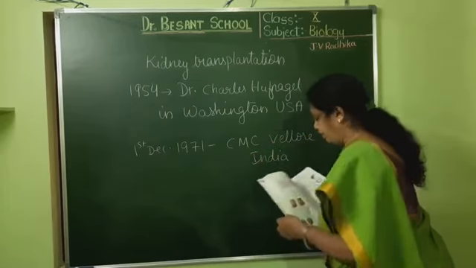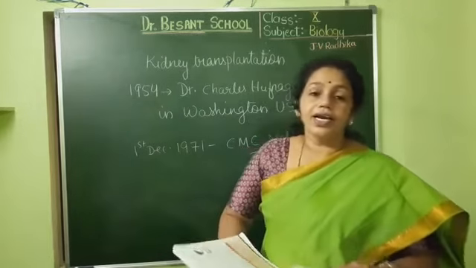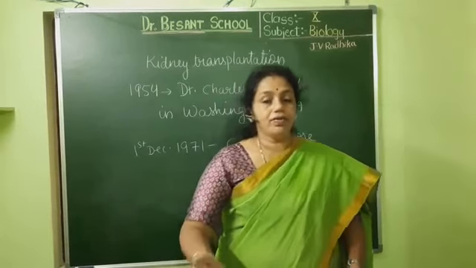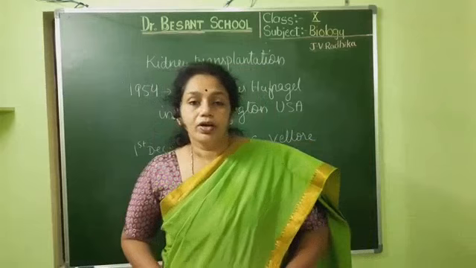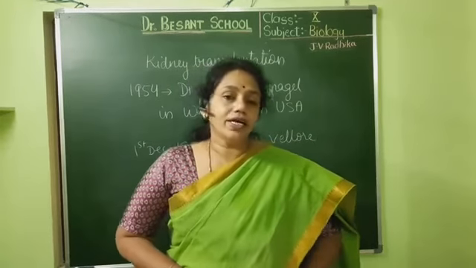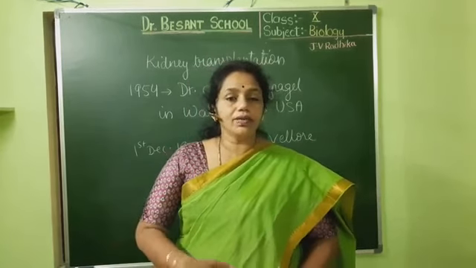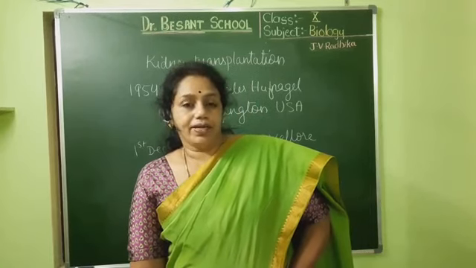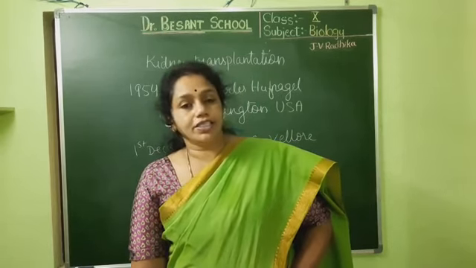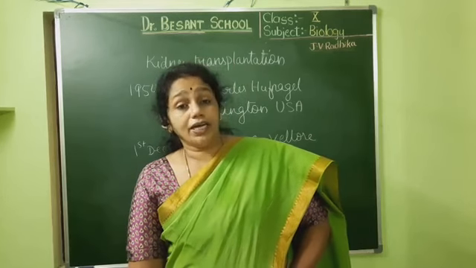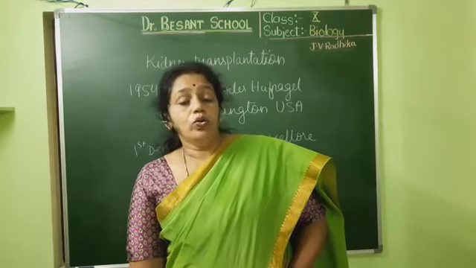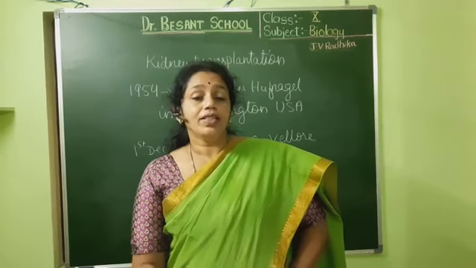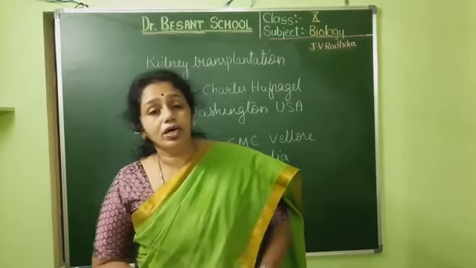Okay, so from then the kidneys are transplanted between, either it could be a close relative preferably, or else it could be any other donor. Okay, normally the person would not donate. If it is a close relative, it can be a mother, father, brother, sister, wife, husband, son, daughter, anyone who can donate, who is healthy enough, both the kidneys are healthy, then such a person can donate to the close relative.